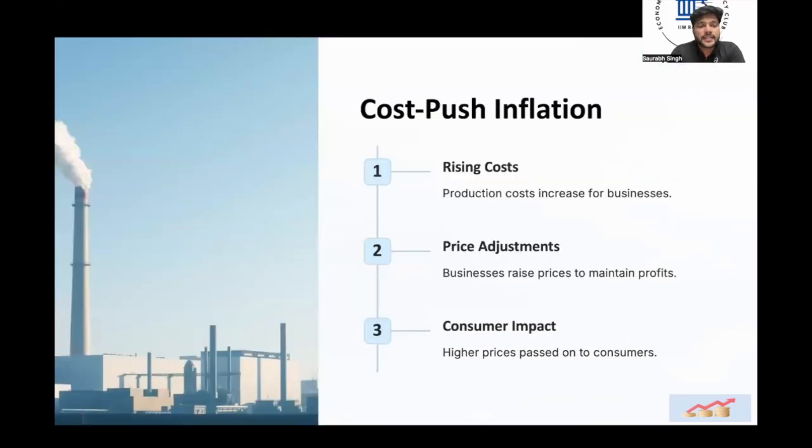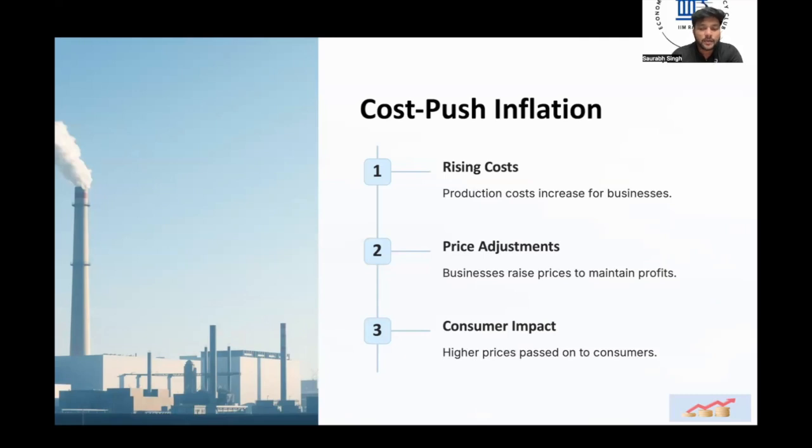Cost push inflation, as the name suggests, is pushed by cost, like an increase in raw material cost. For example, if there is an increase in crude oil price in the economy, the price of diesel and petrol will go up. As we understand, diesel is involved in the production of most materials because it helps in transportation. So the price of transportation will go up, which will lead to an increase in the price